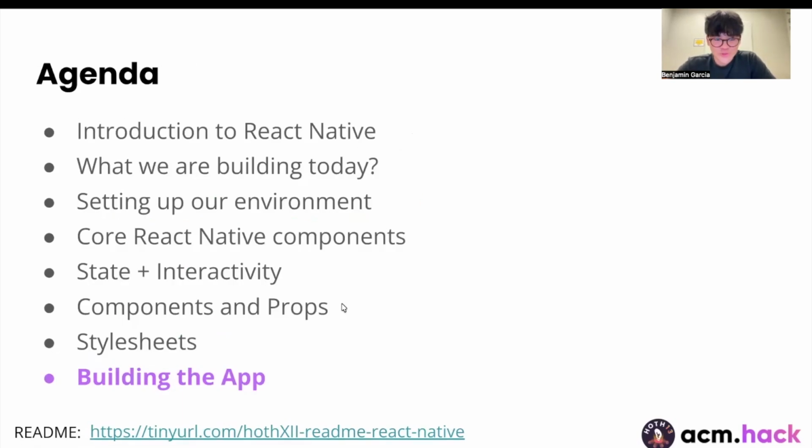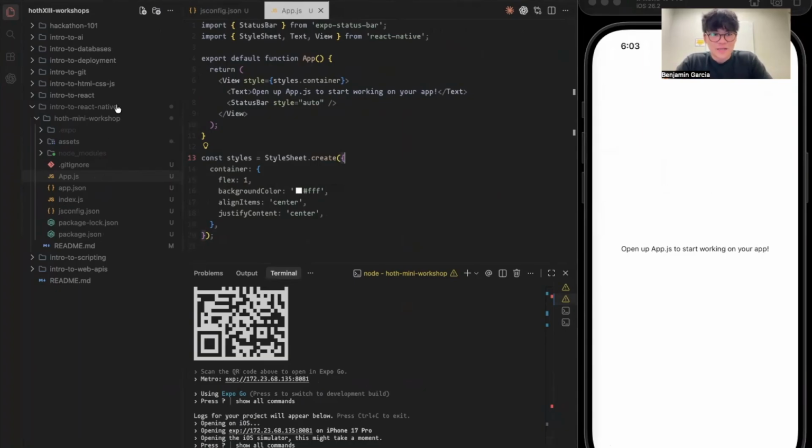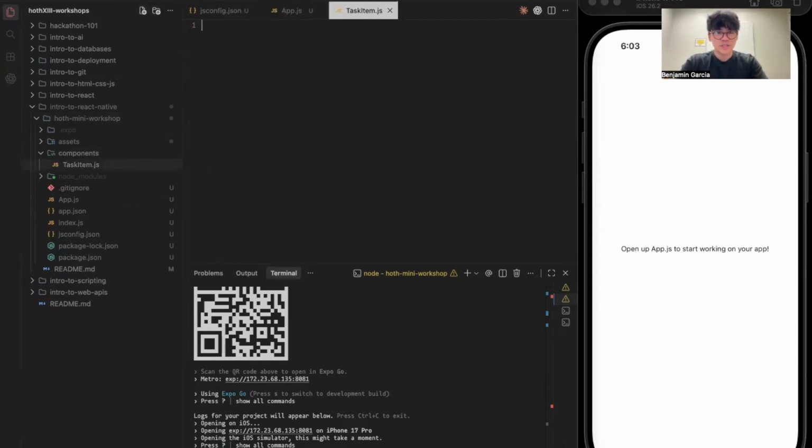Okay, so now that we've gotten over all our core components, states, interactivity, components, props, style sheets, let's build the app. So as you can see, I am in the Hoth Mini Workshop. And like I said before, we're going to have two components, or rather one component and our app.js. So a good practice is whenever you're working in React Native code bases to create a folder, just call it components. And here you'll be able to, in a sense, organize all your components. So this component will be called TaskItem.js. And we have an empty file,